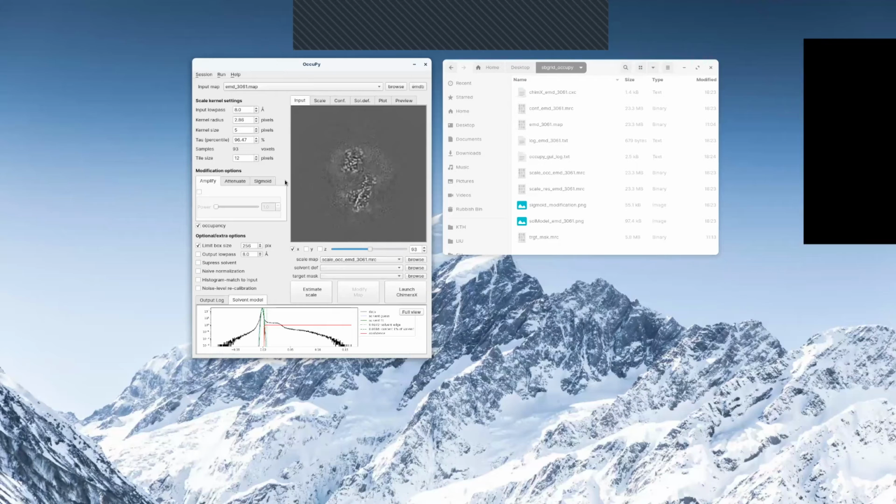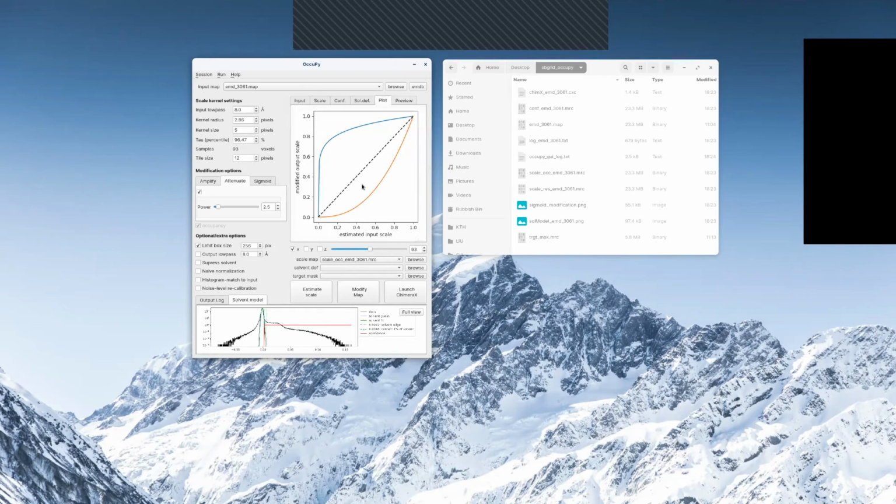Yes, what else can we do? We can, of course, modify this as well. If we wanted to amplify, what that is going to do is look at every region that was estimated to have partial occupancy, and inflate or amplify those. If we increase the power here, you're going to see that it starts to boost the low occupancy components. We can do the converse. We can attenuate them away, and effectively what we're doing in that case is removing detergent, because detergent was here perceived as being low occupancy.